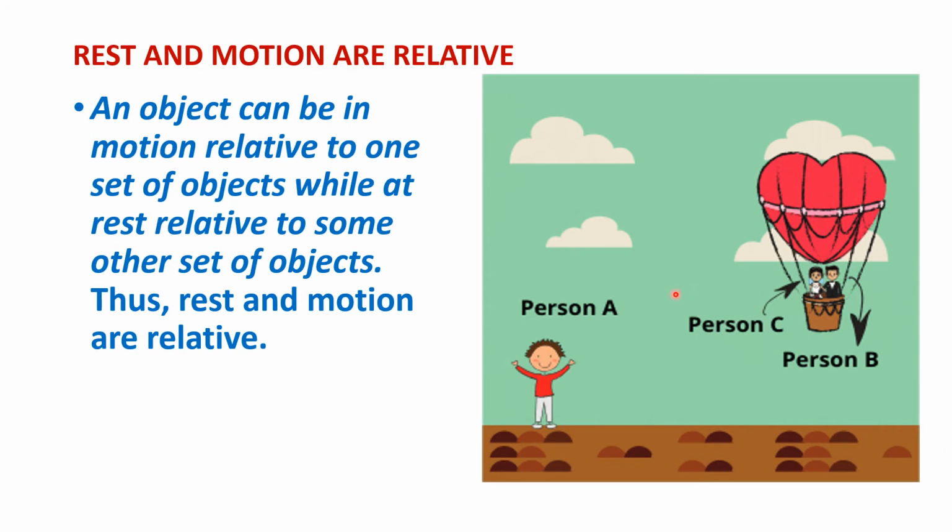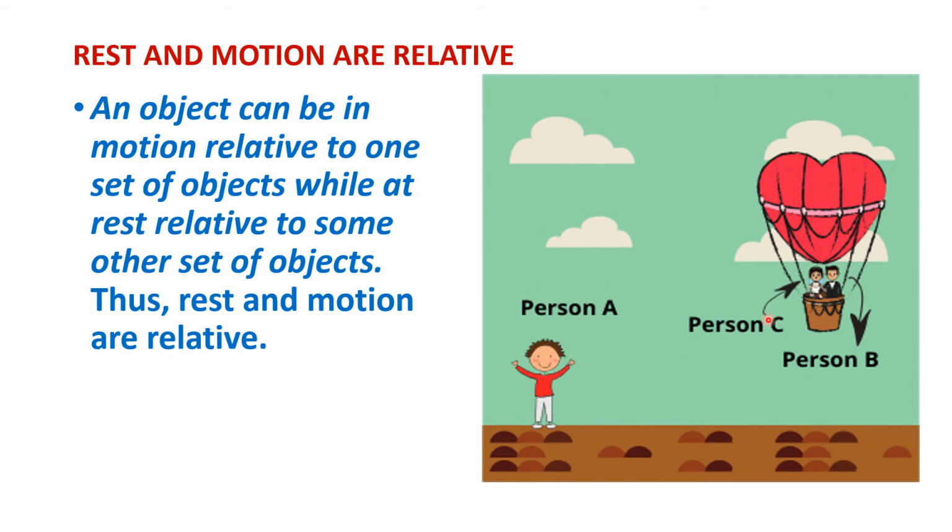Like if I see here, there is a beautiful picture of two people. They are going in a hot air balloon, they are going up, and here there is a boy. So now this boy, if you ask him, he will say these two people are in motion, they are moving. So with respect to this person A, person B and person C both are moving. But if you ask person C, she will say that this boy